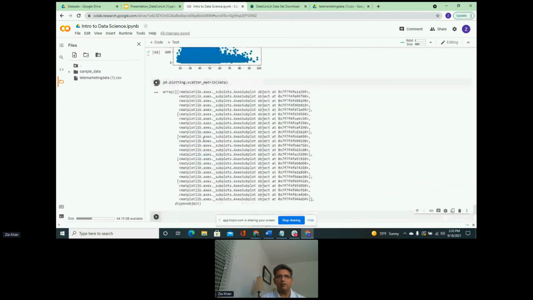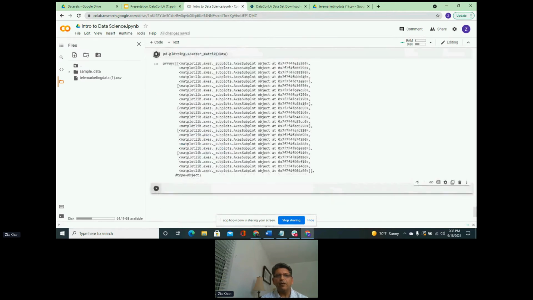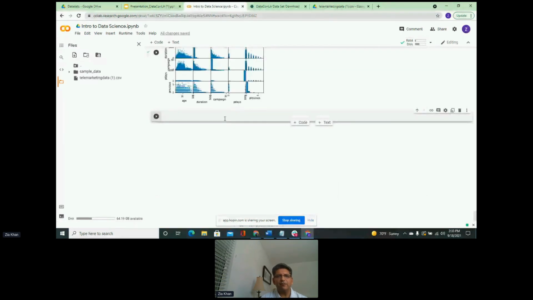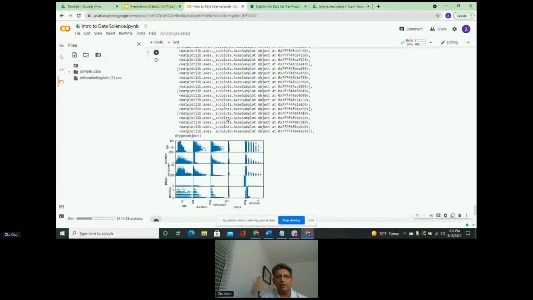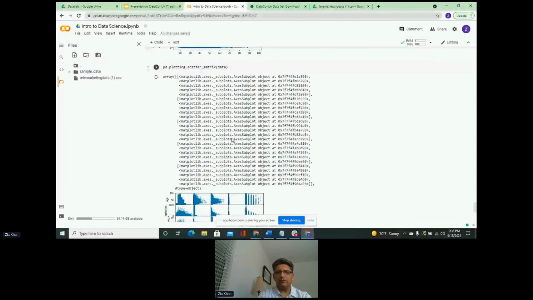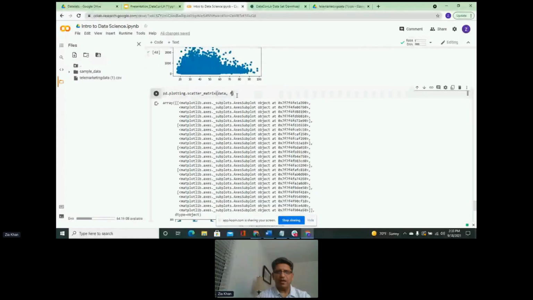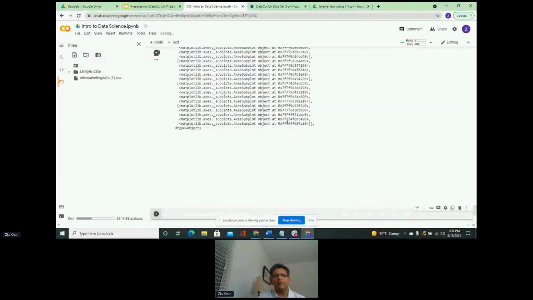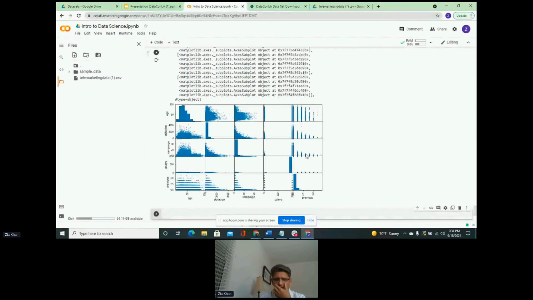Okay, it is building. Because if your data is big, it might take a little while for it to build. So this is not a big data set. And again, you can see this is the scatter matrix. If you want to do a little bit of a bigger size, you can do figsize, and you can go 10, 6 maybe. And let's build a scatter plot. Again, depending on the data size, this can take a little while, but the data is not very large.